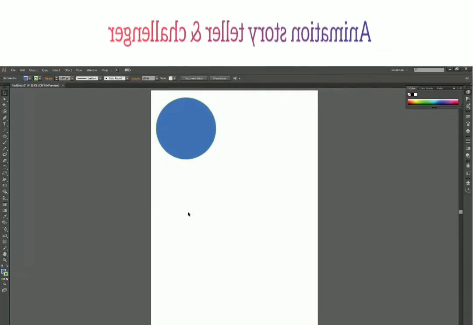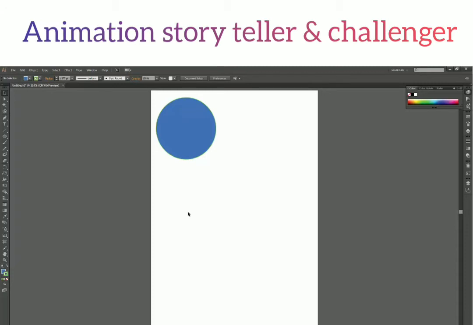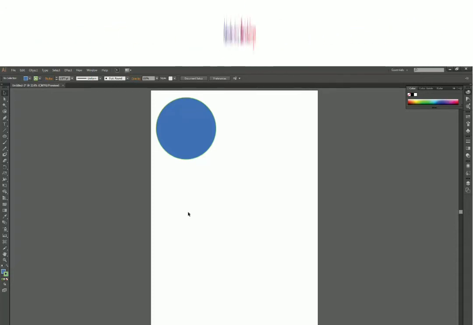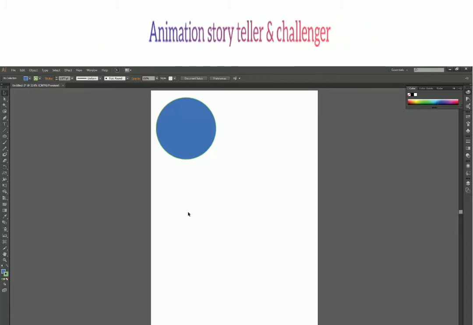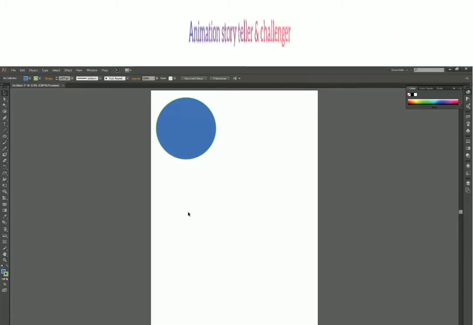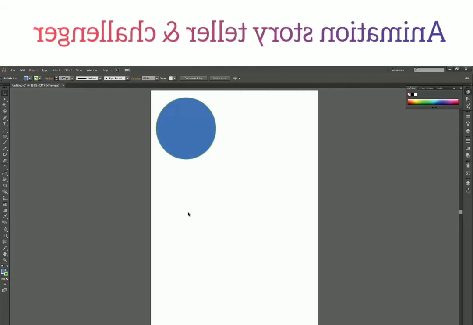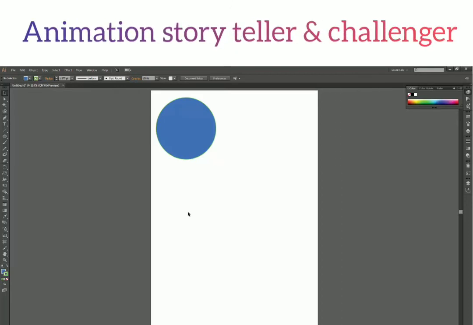Now, like we have seen, while holding the Shift key for creating a rectangle and creating different shapes, how does it work? It actually works with so many tools. There are a few keys like Shift, Alt, Control, which work with almost every tool, and they work in a different way.